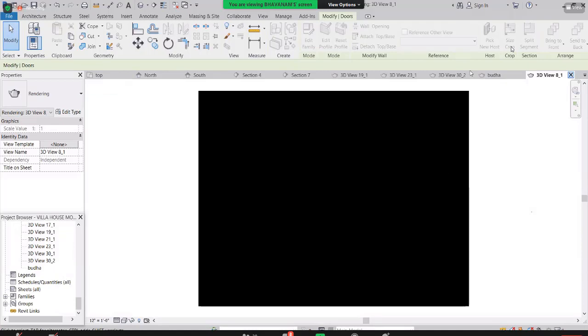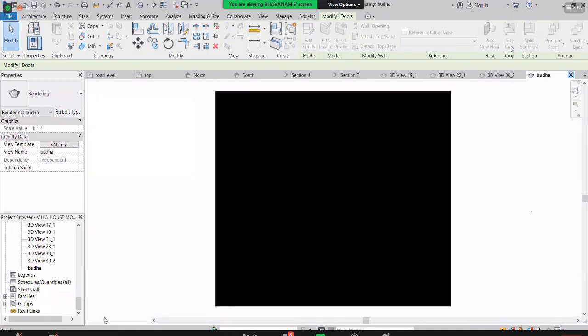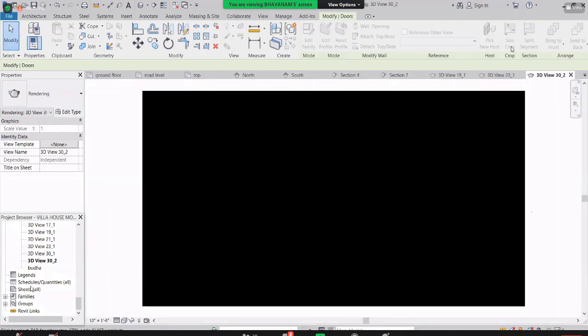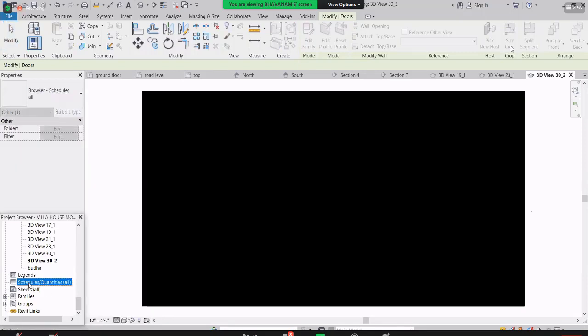So guys, one important thing is Revit will also do the scheduling. So how does Revit do the scheduling? If you take any quantity or anything, just click on the scheduling and you can get all the schedules, like how many walls you have, how much length of wall you have, and how many doors you have in our project. Those all things you can see.